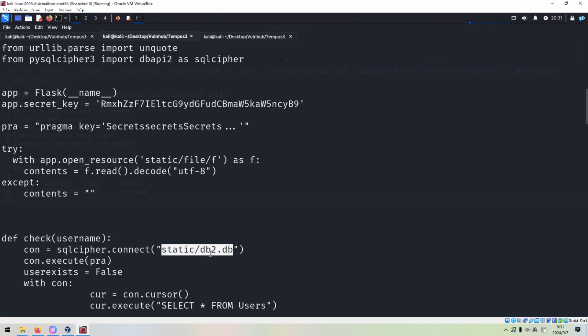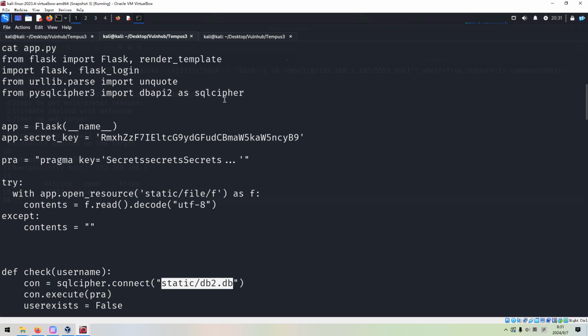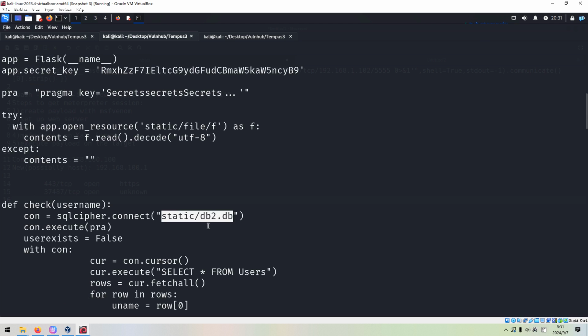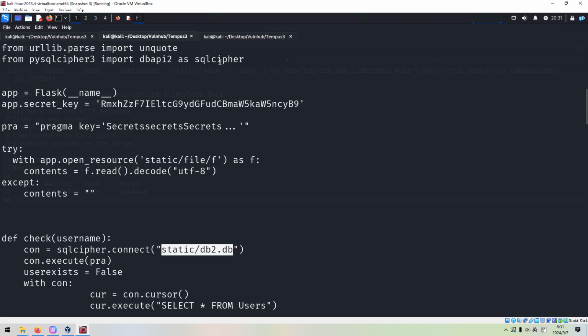So maybe, because of cipher, it means that the database is encrypted. We need to use this utility and also the key to retrieve information from the database. And next, we need to check whether the target has this utility or not.